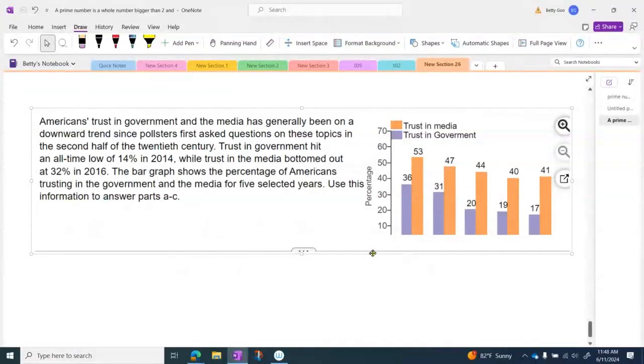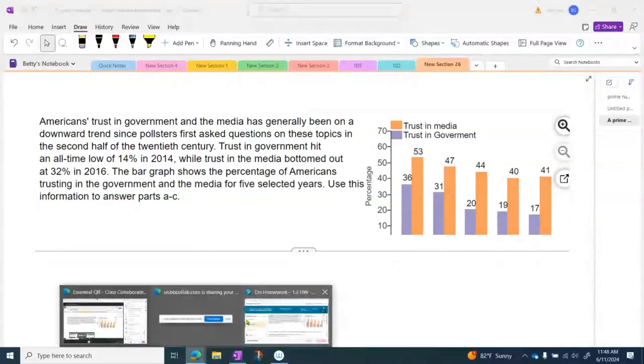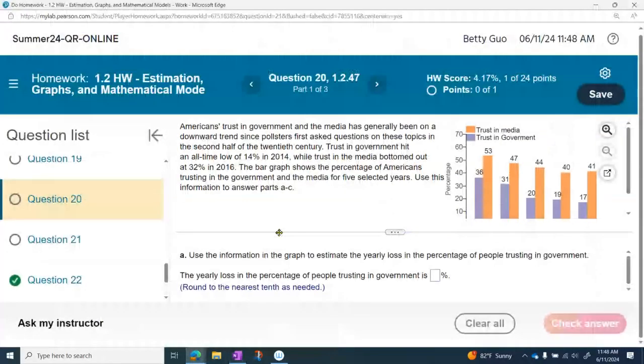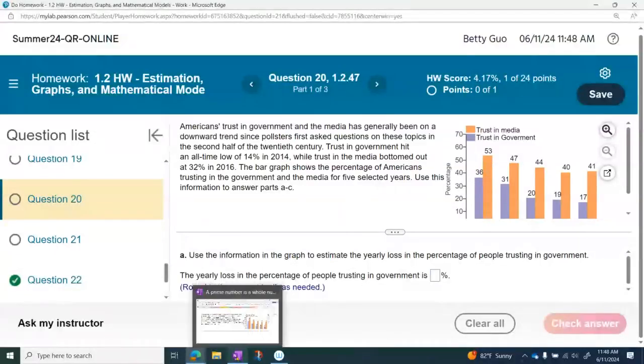This question is similar, but because the y-axis is about percentage, some students get a little confused on that. Part A is to use the information in the graph to estimate the yearly loss in the percentage of people trusting in government. Okay, so let's see which is government. The blue,